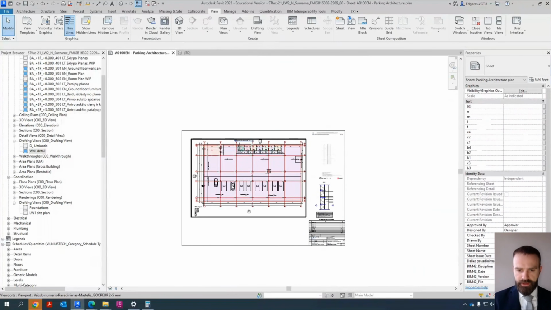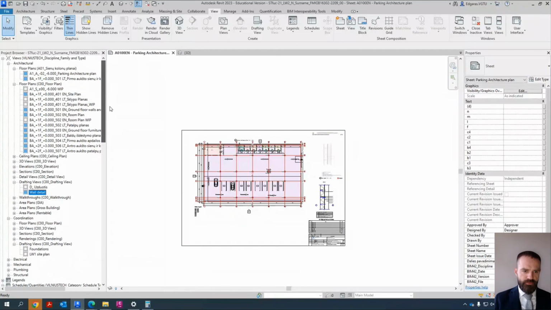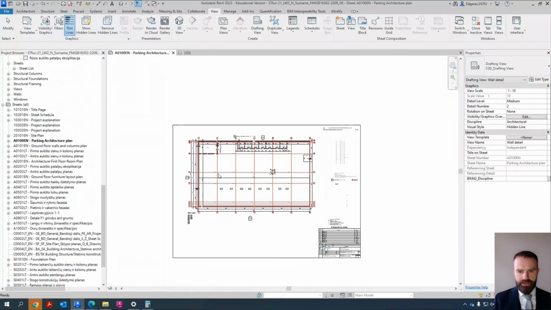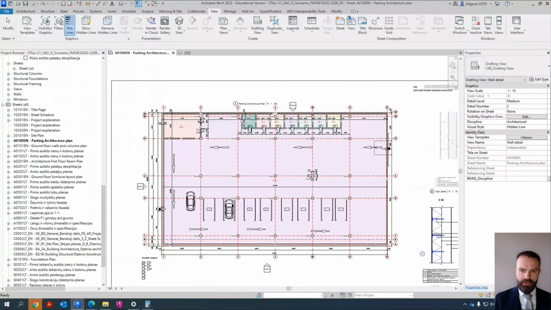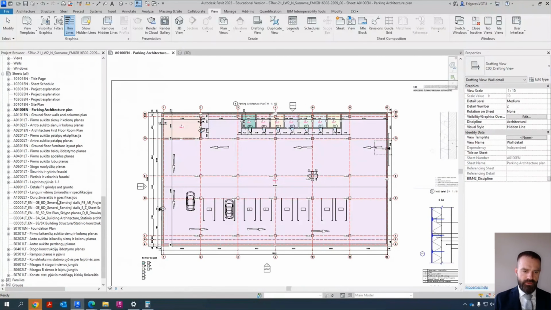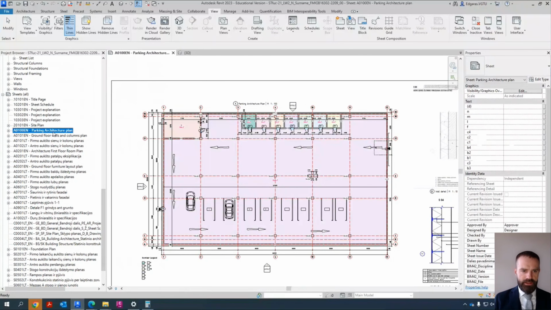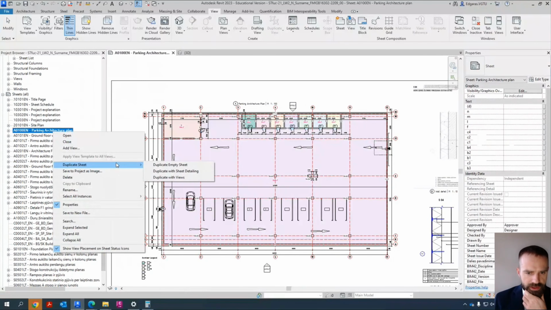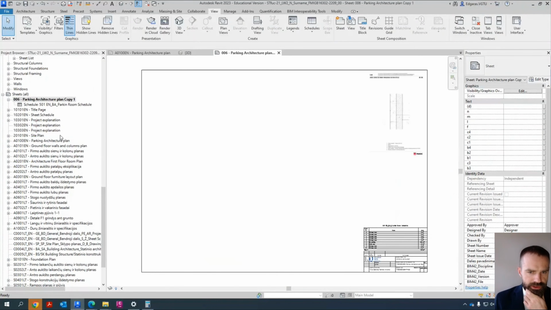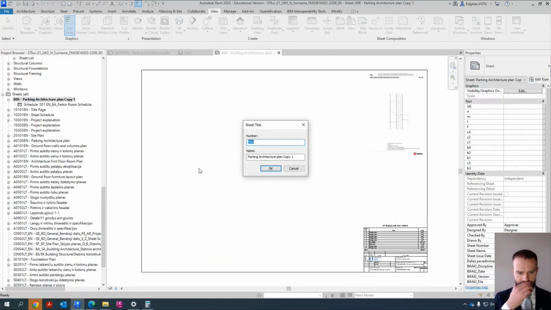Okay, so regarding car parking, structure plans of car parking are practically similar to architecture plan, but in this case we show only the structure walls. So how to make, I cannot, I think, duplicate sheet details. Let's try to duplicate. Okay, it duplicated, and in this case I will change the status, so structure plan, and we'll use the same number 0100 English parking structural